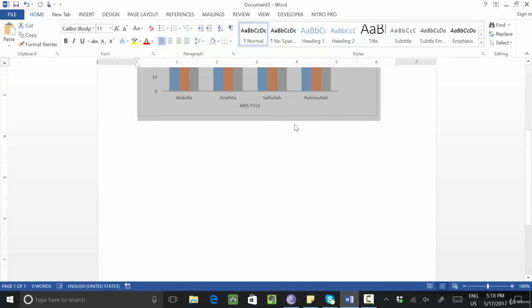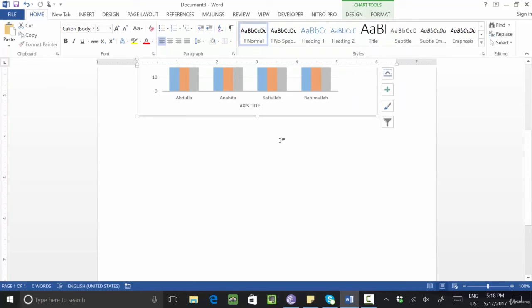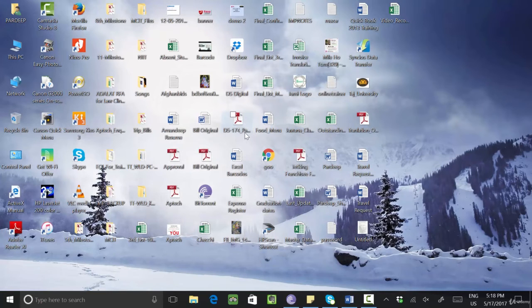Okay, clear? For example, if you want to crop a particular thing in your Word file, for example, I want to take a screenshot of this area. Desktop or anything. Let's say I want to take a screenshot of this file.